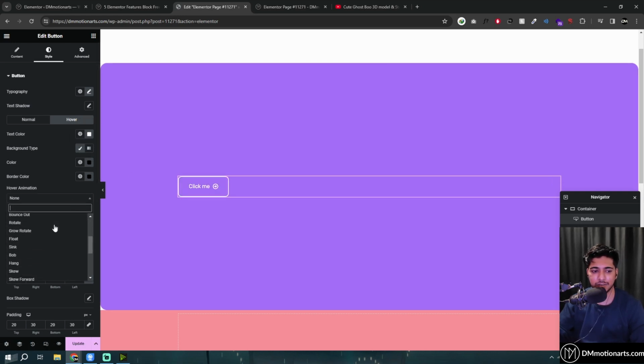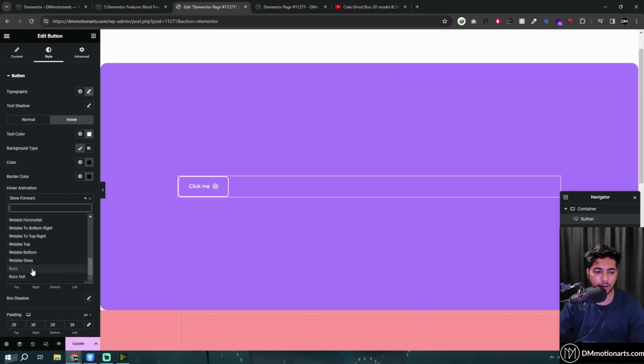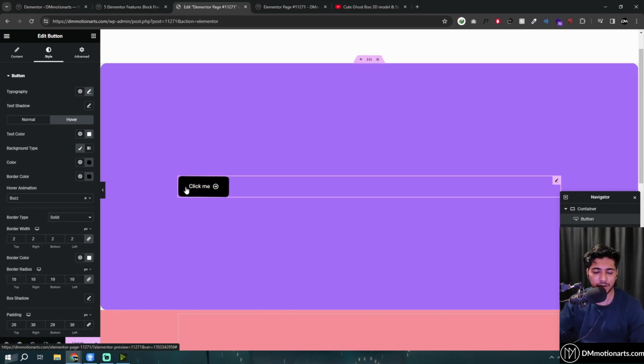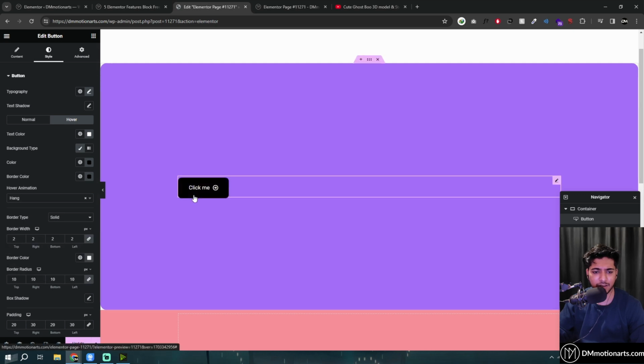And then hover animations, basically so many multiple animations that you could do. Pulse grow, I'm not going to go into each of these, but basically the one that I usually use is float. Basically it just floats it a bit above like this, or sink, it makes it go below. A skew forward, there is also like buzz like this, so it will keep buzzing. And then which one do I use more commonly? Was it hang? Yeah, like this, hang,